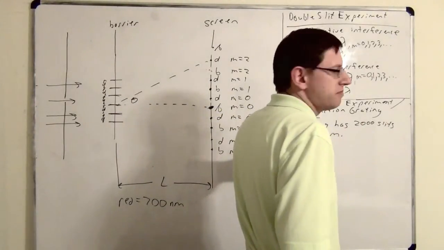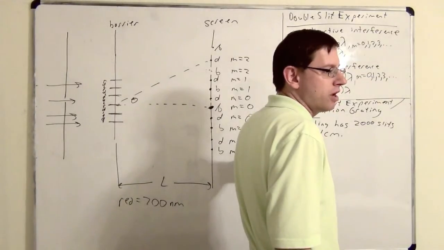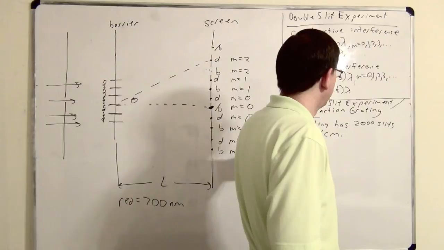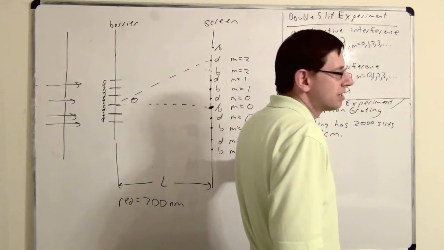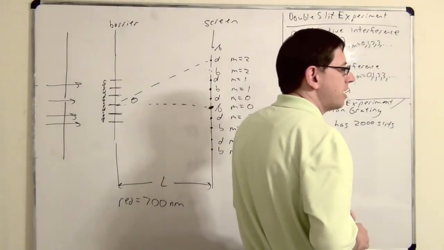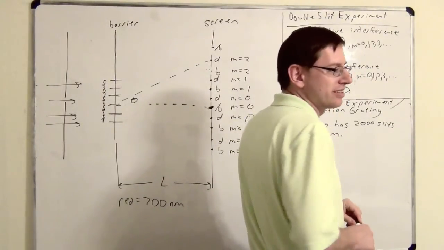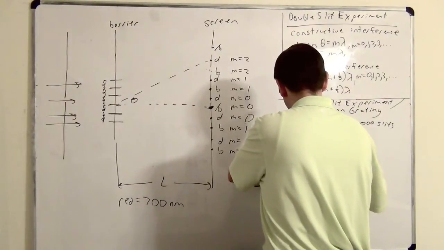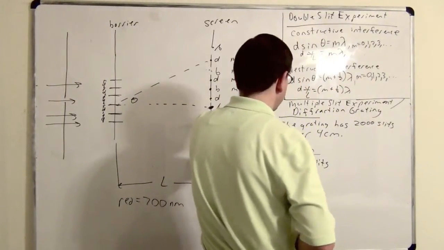At first you were doing 2,000 divided by 4. But how can you see that was wrong? Because what would be the units on that? Slits per centimeter, which is not what we're going for. We want centimeters per slit. That tells us how many centimeters there are next to each slit. So we want to do 4 centimeters over the 2,000 slits. This will tell us how many centimeters are adjacent to each slit.